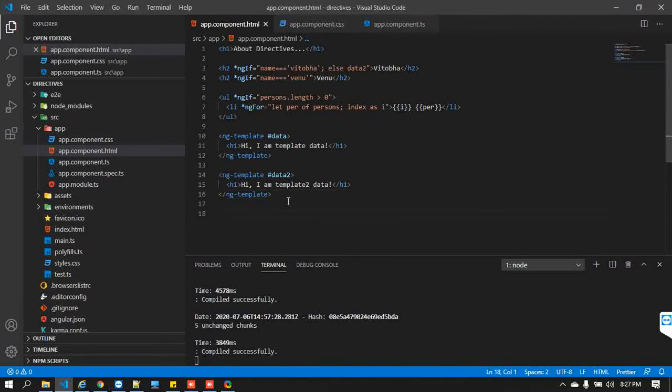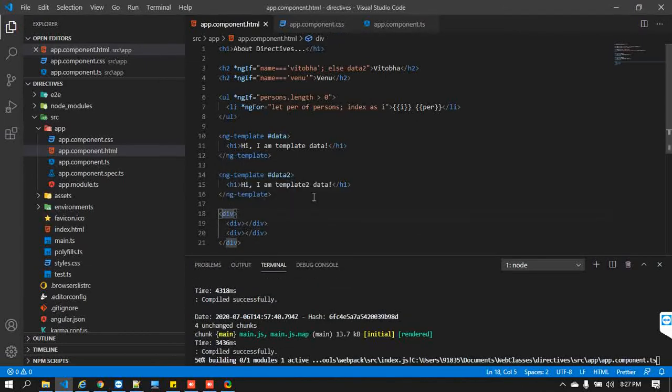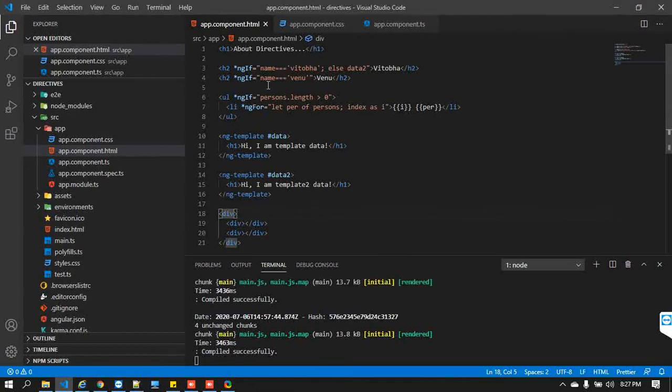For example, let me do one thing. I'm just creating one div, and in that I'm again creating some divs. Let me create another div. At this moment, what I'm trying to do, based on a certain value, for example, you have multiple if statements. Your if statement is going to check whether name is Vitoba or name is Venu.